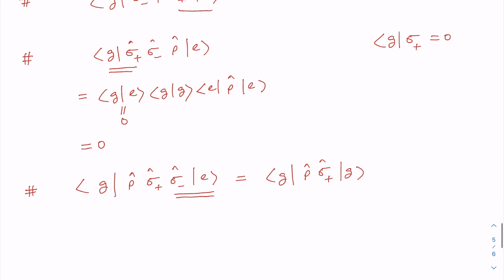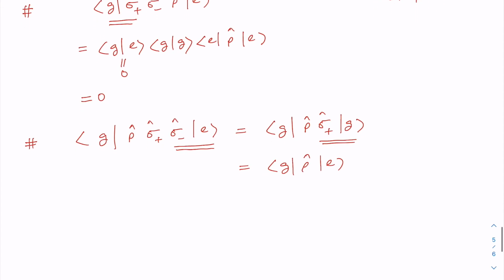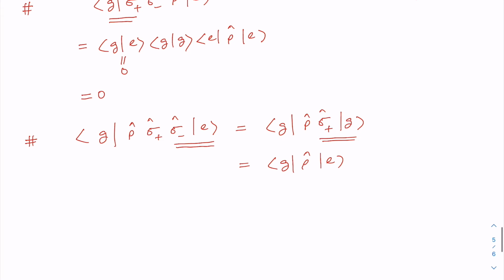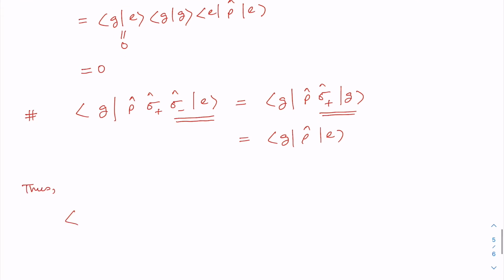And then sigma plus is going to raise it, so therefore we will have z rho e. You can actually do the explicit calculation also, so I can finally write the whole thing as z